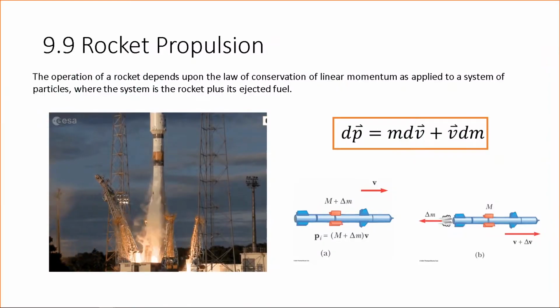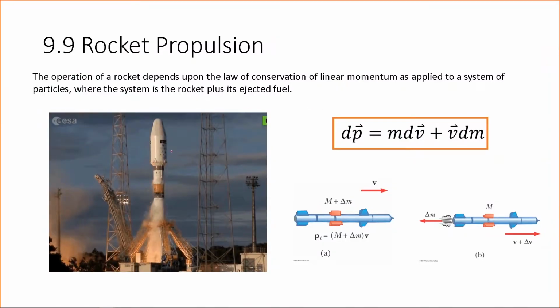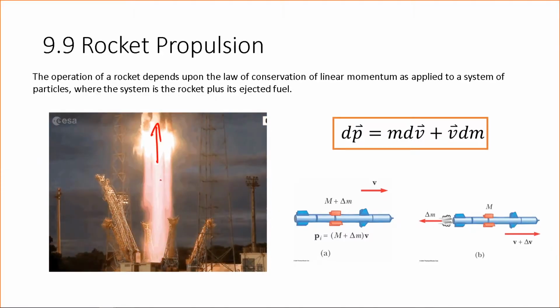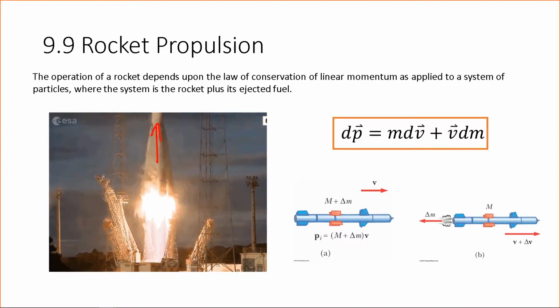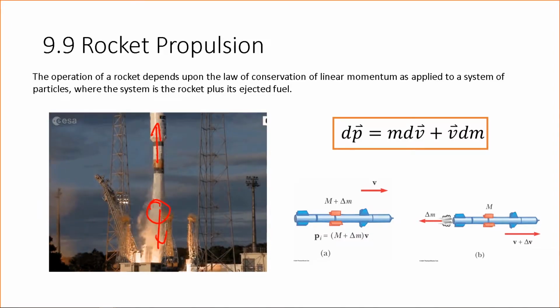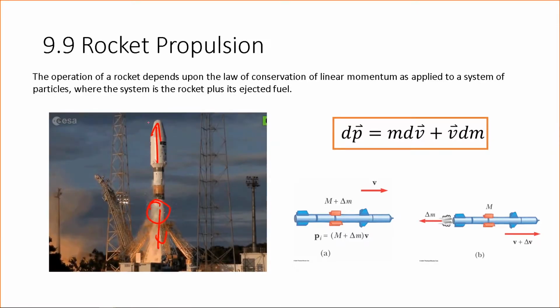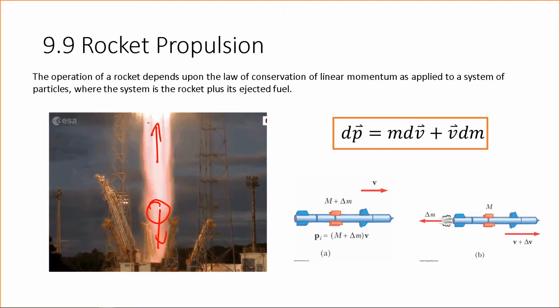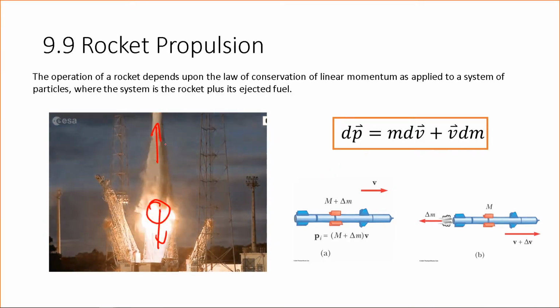So this is what happened in rocket propulsion. As you see, this rocket system is launched by propelling some fuel. This fuel was ejected and propelled, and pushed the rocket to go in another direction. If you look into the definition of the